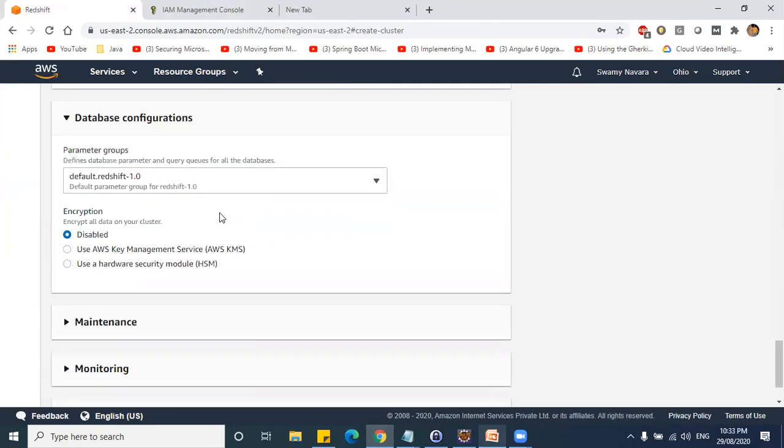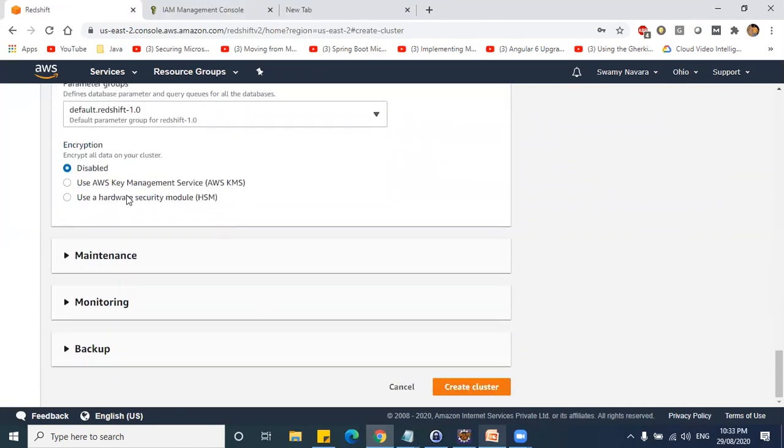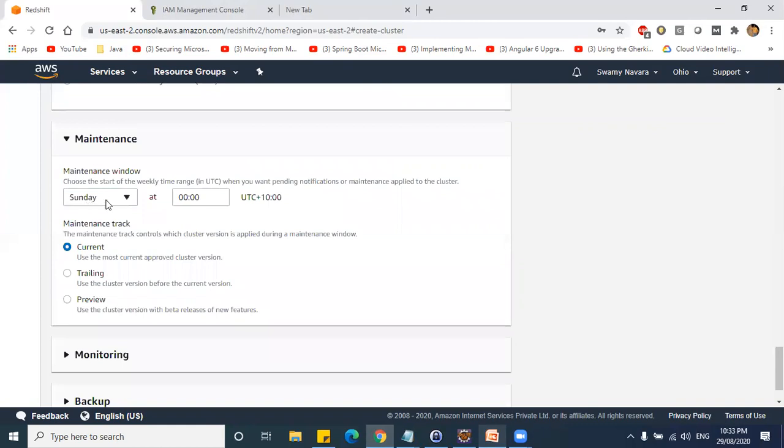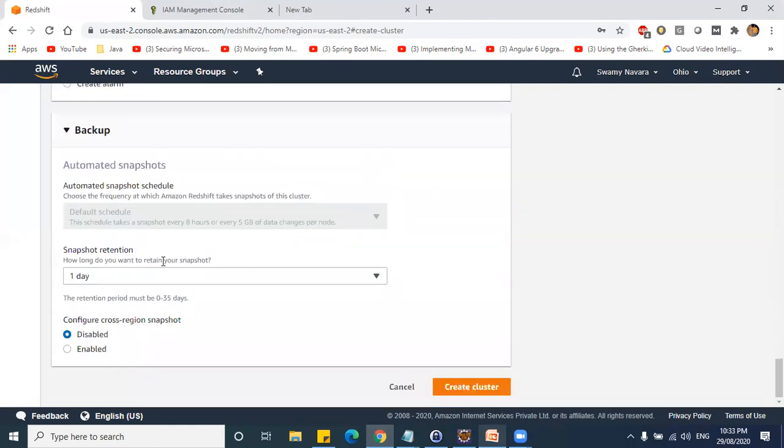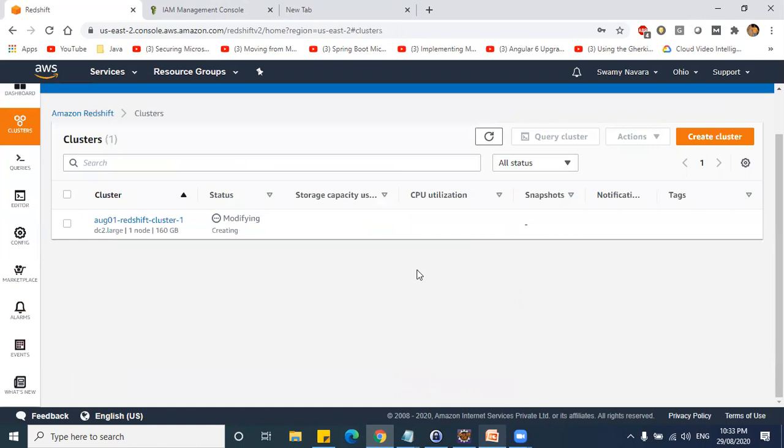For database configurations, Redshift. I don't want any encryption methods. Maintenance, I'll leave to default. Monitoring, I'll leave to default. Backup, I'll disable it. So I'm creating a cluster now. So before that,